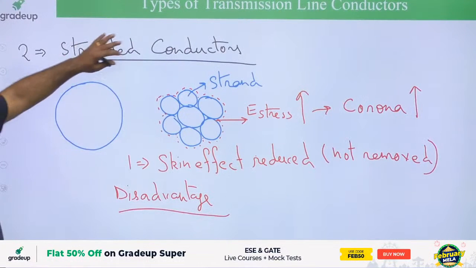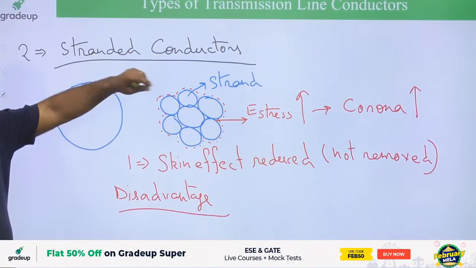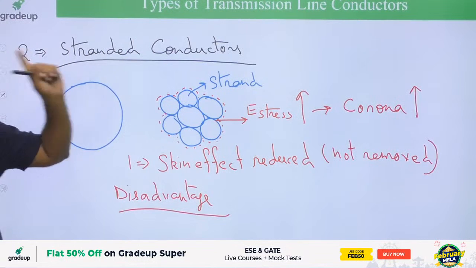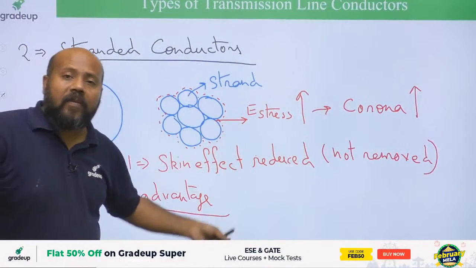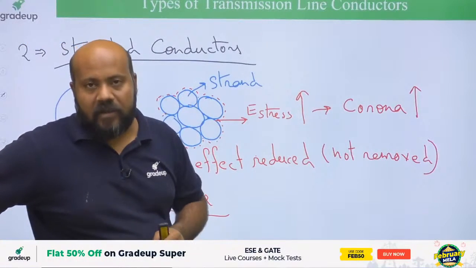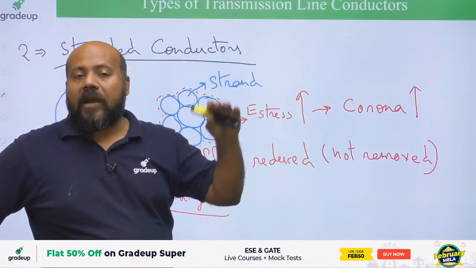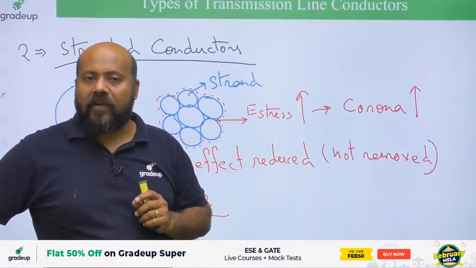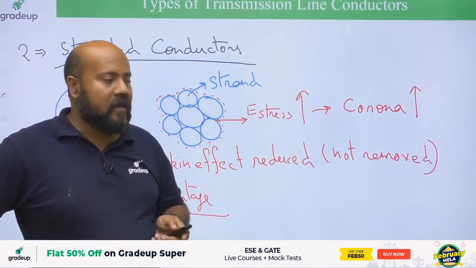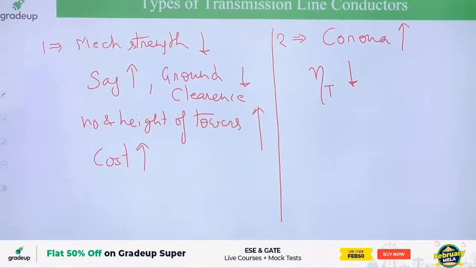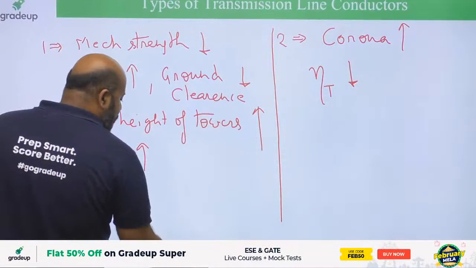When we are using the stranded conductor, we have achieved one advantage, that is skin effect is reduced. But at the same time, we are getting two disadvantages: mechanical strength reduced and corona effect increase. Corona phenomena increase, corona loss increase. So we have to find a solution for these two problems. The solution for the first problem, that is the mechanical strength,